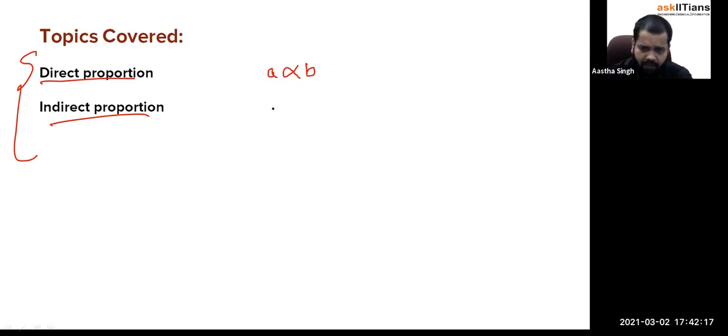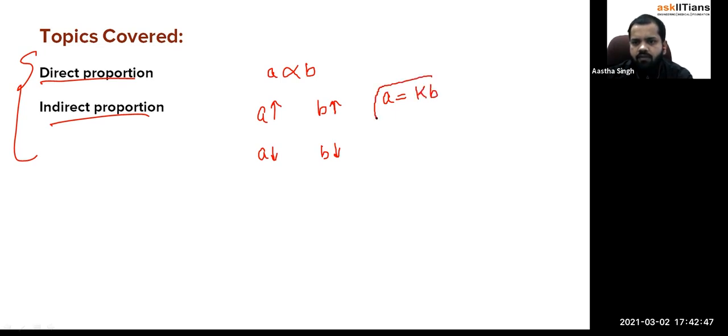Okay, it means if your A increases, then your B will also increase. And if your A decreases, then your B will also decrease. This is what directly proportional means. And for that, if we remove the proportional sign, we make an equal sign there, A is equal to some constant K times B,